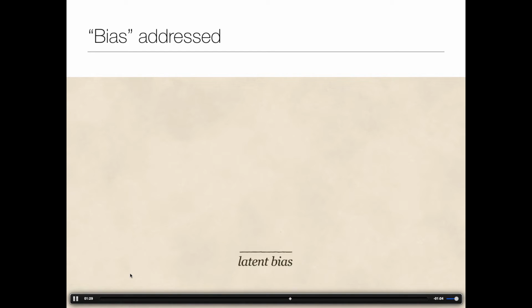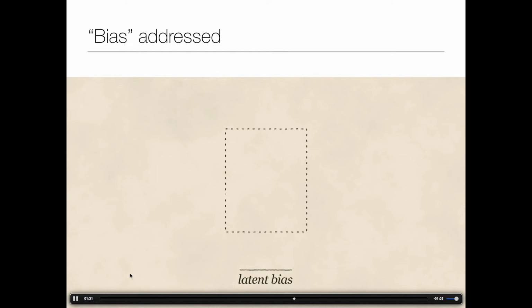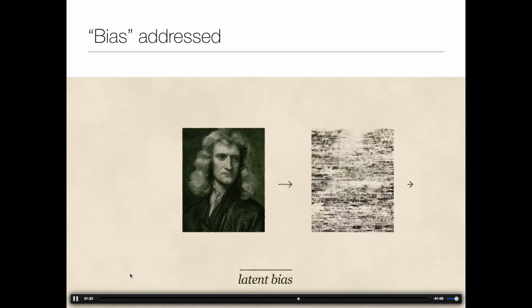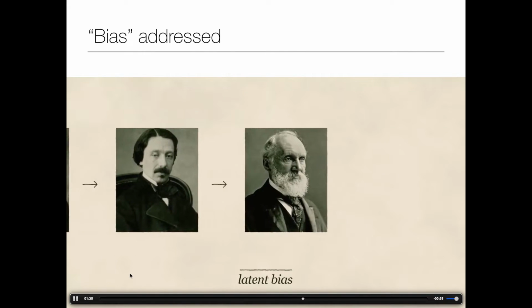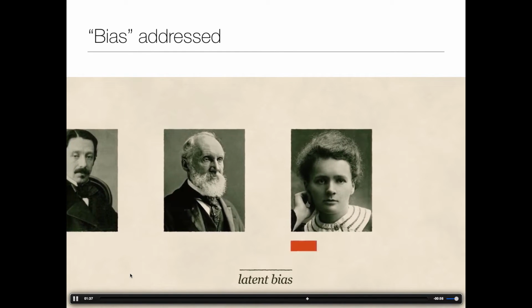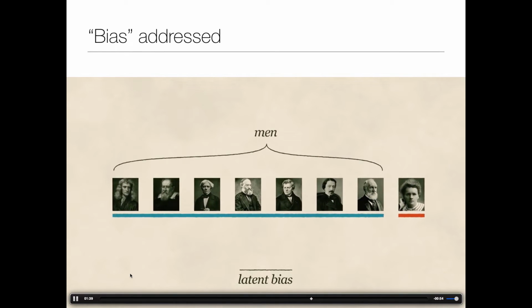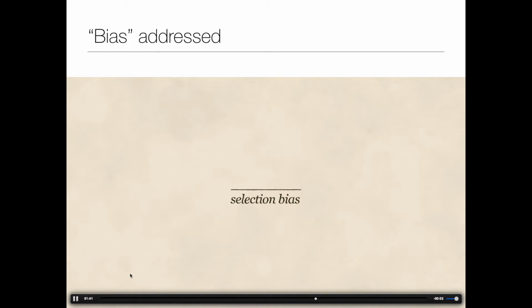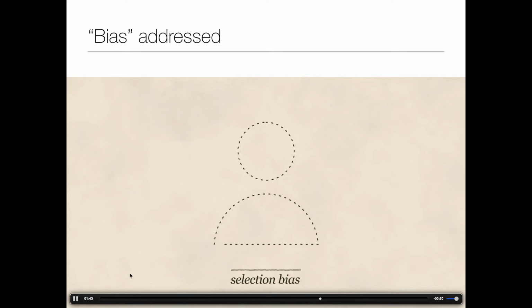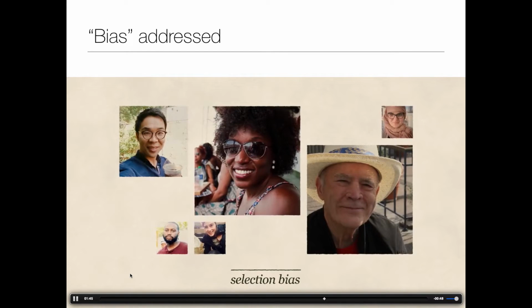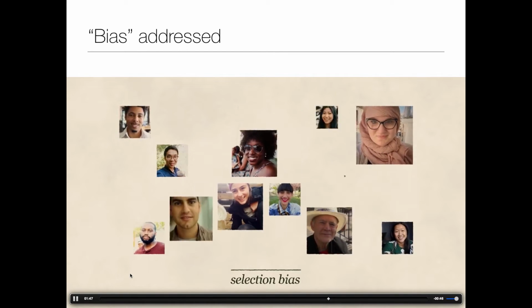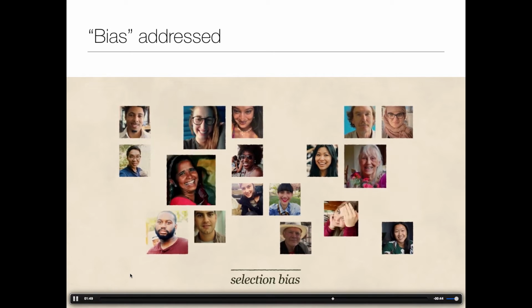Latent bias. For example, if you were training a computer on what a physicist looks like, and you're using pictures of past physicists, your algorithm will end up with a latent bias, skewing towards men. And selection bias. Say you're training a model to recognize faces. Whether you grab images from the internet or your own photo library, are you making sure to select photos that